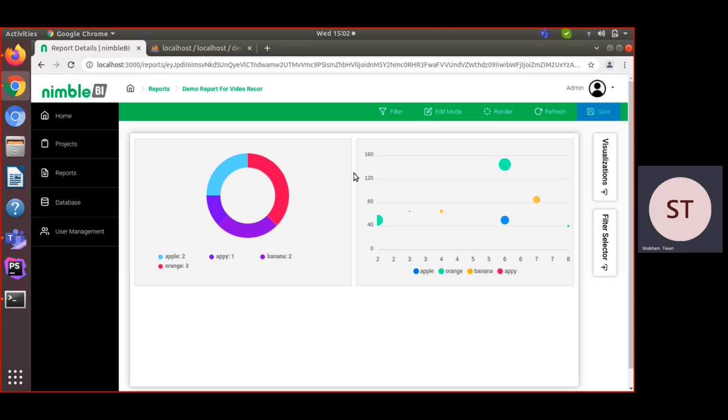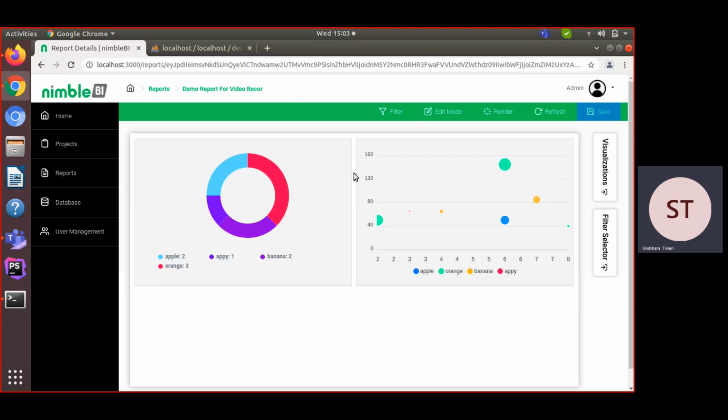I already discussed how we can attach a filter with a visualization, but in the next demo we'll briefly discuss how we can connect our visualization with a filter, how we can attach multiple filters with any one visualization, and how we can pass multiple where conditions in a single visualization.